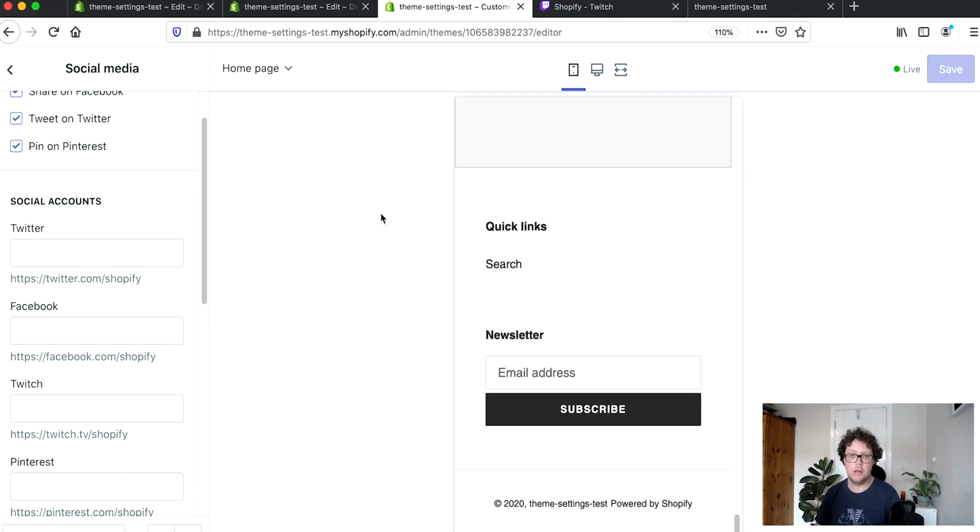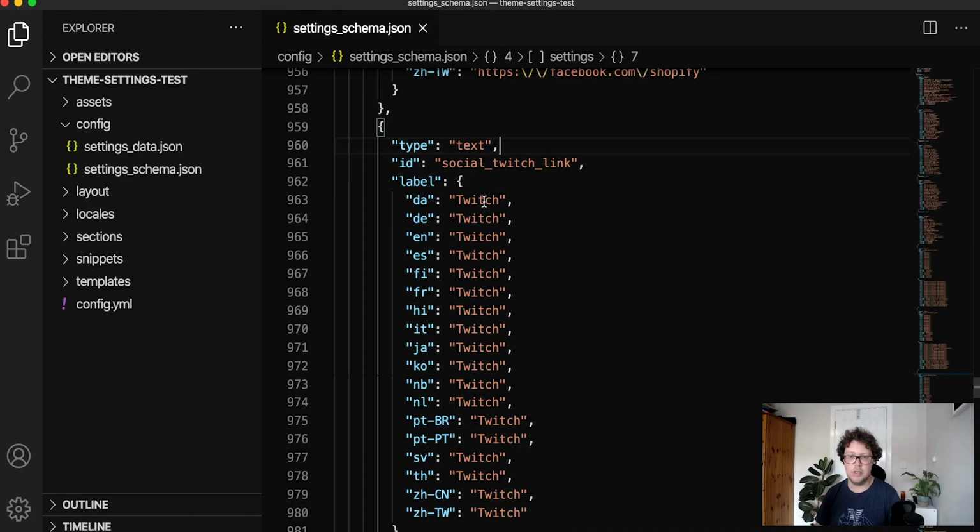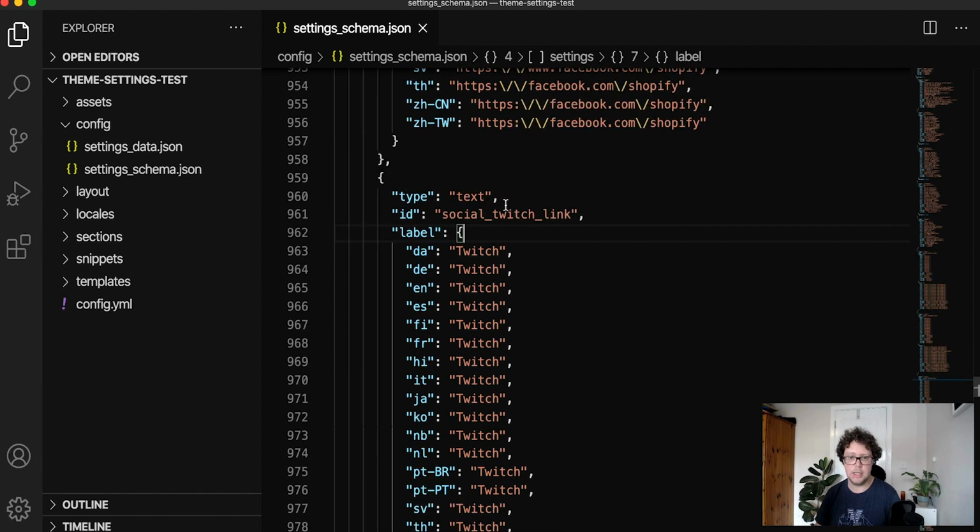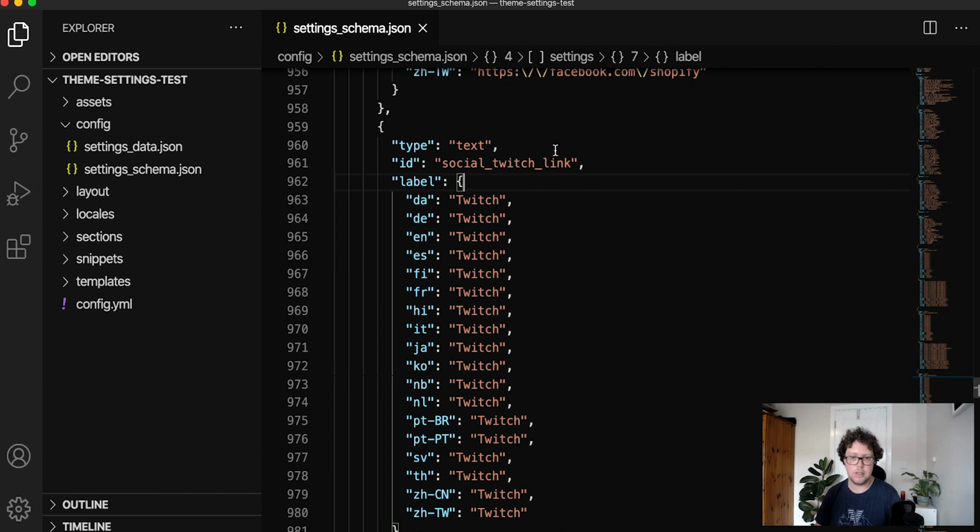that connection yet. And before we move on to creating that connection, I just want to quickly run through the different attributes that we added when we created this new setting, and go through the different values and attributes here and explain each one of these individually. So the first attribute in this setting is type, and we define this as text. So the type really is about the kind of input setting that we are creating. In this case, it is a single text field, so it's